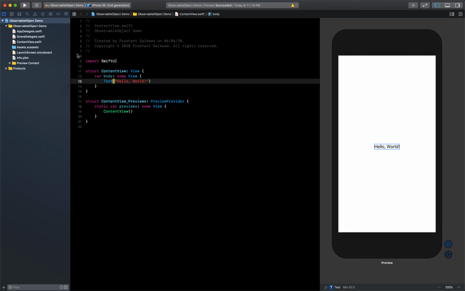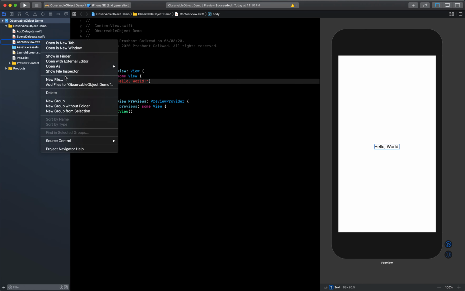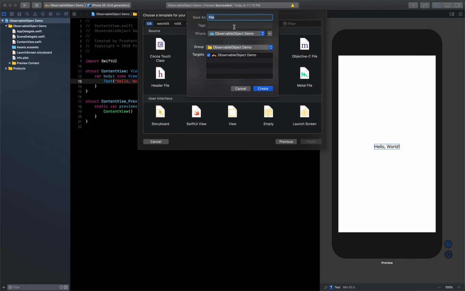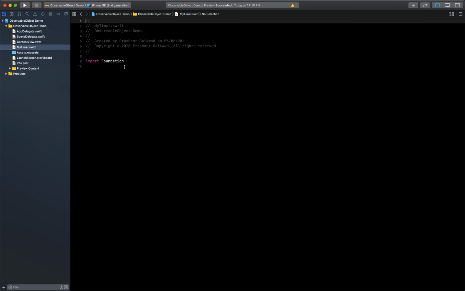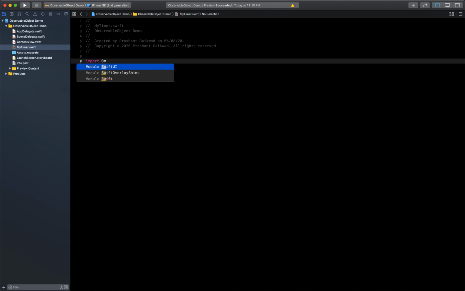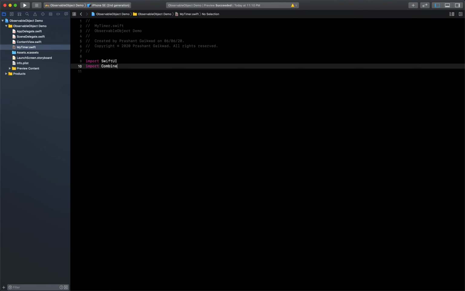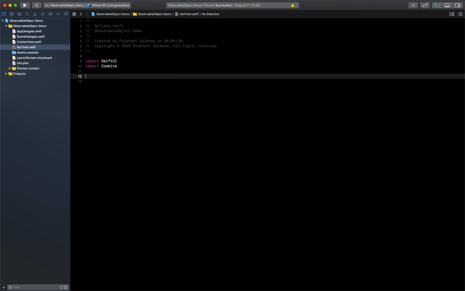So let's get started. First we will create one new class for our model. We will assume that we are getting the data in this class from an API. So for understanding that, I will take an example of a timer. So let's create our own new class. I will name it MyTimer and let's import SwiftUI, and also we want to import the Combine framework here. It's a reactive framework from Apple, so this will help us to use ObservableObject in SwiftUI.